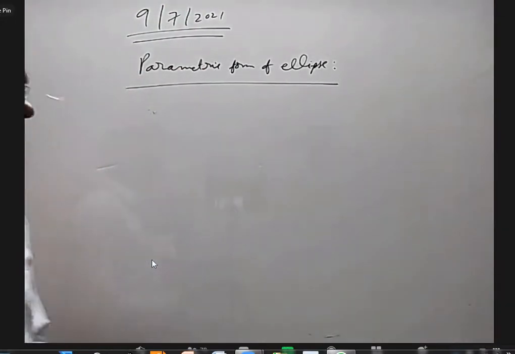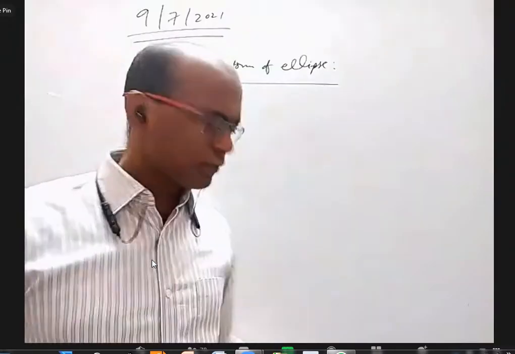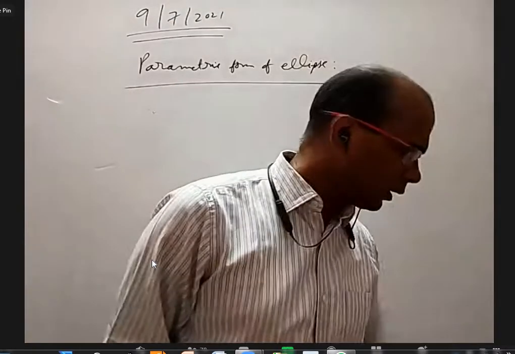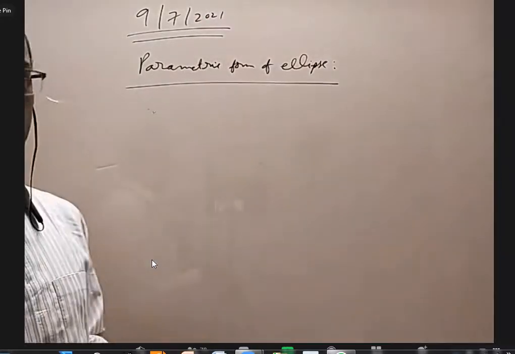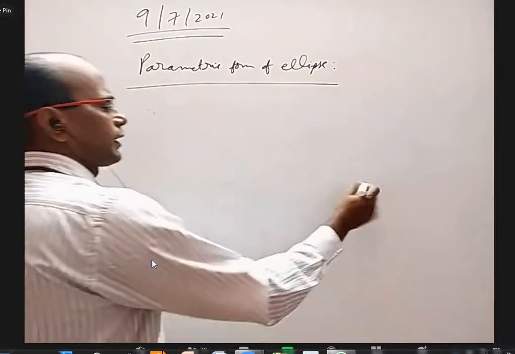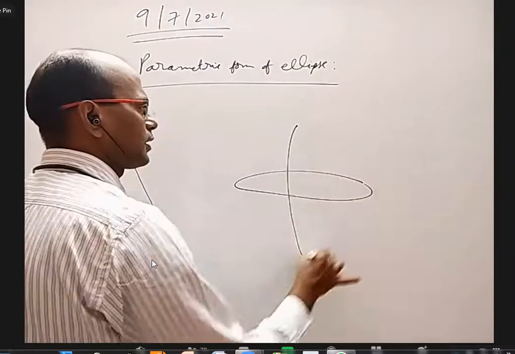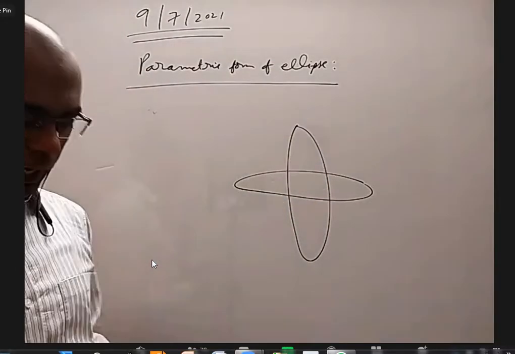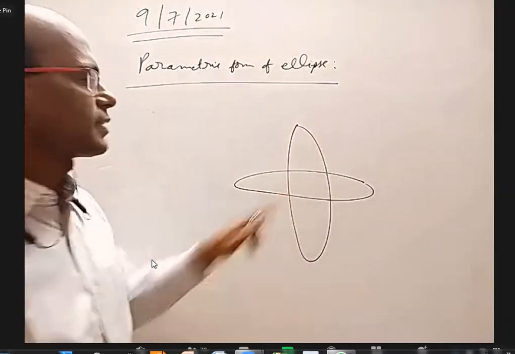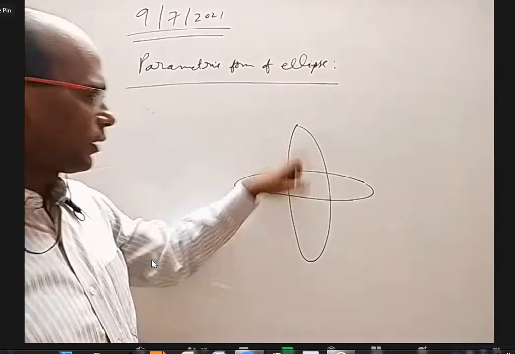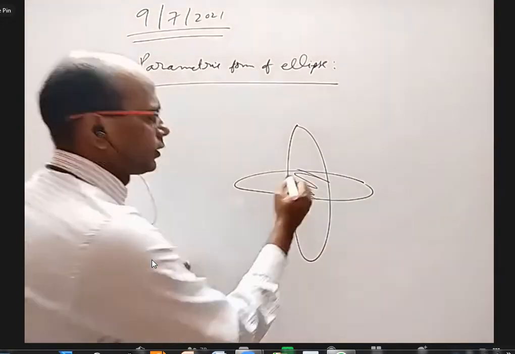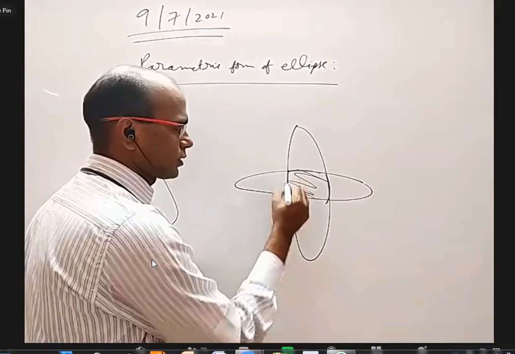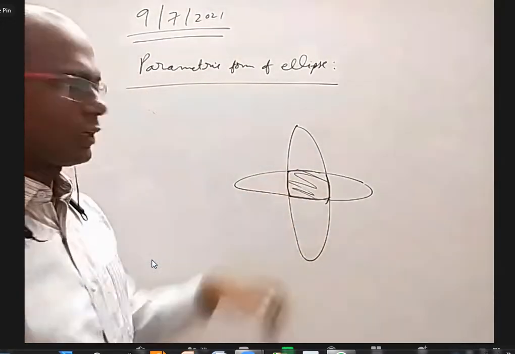Actually, one time I was discussing this, almost at the end of revision, just before the advanced exam. One question which is a little difficult, you have to do a little bit of work. They gave one ellipse like this and another ellipse like this. It's a question in calculus areas. You have to find this area, the area between the two ellipses. This is one curve, this is one curve, this is one curve, this is one curve, parts of the ellipses.